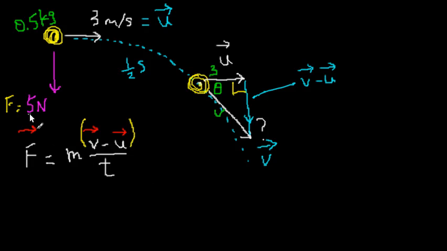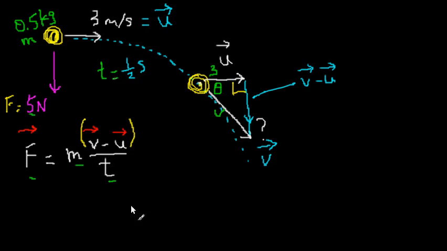Well, we know the force. We know F. We know m, the mass. We know t, the time, which is half. So in principle, we can find the magnitude of v minus u. We already know v minus u is in the same direction as F. So if we just consider the magnitude, it is the magnitudes that will be multiplied or divided by the m and the t. So this means that since the force is 5 newtons,